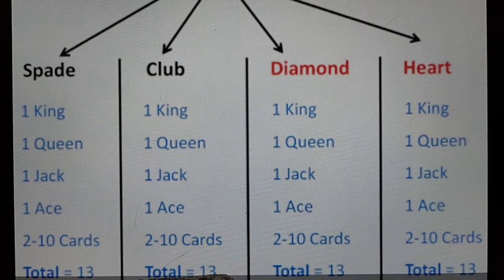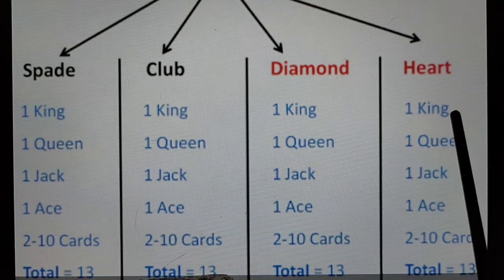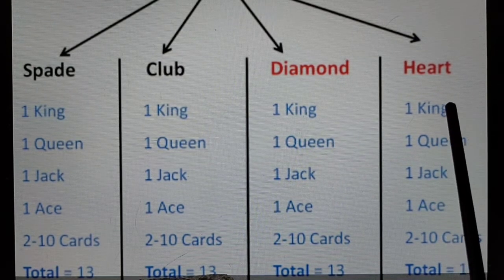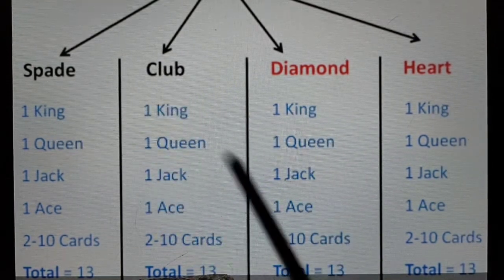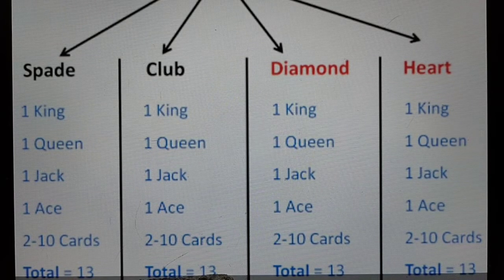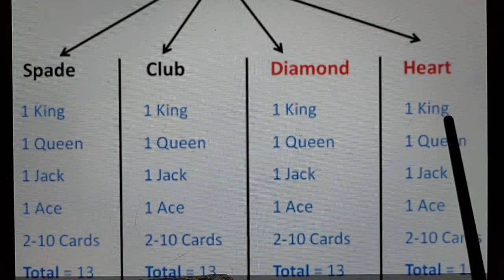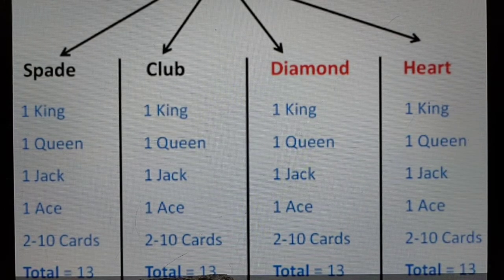Now again move towards the question. We have to solve the question for the ace. Now you understand, suppose we find the probability of a king. How many kings are there? 1, 2, 3 and 4. 4 kings are there. So we have 4 kings. Then what is the probability? 4 is the favorable event and total events are 52. Out of 52 we find the probability is 4 by 52.